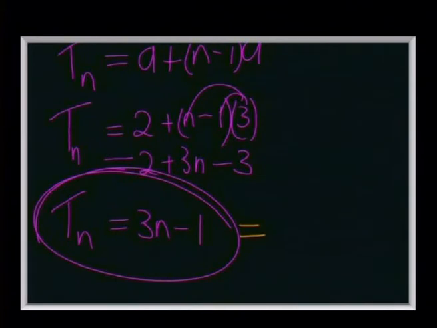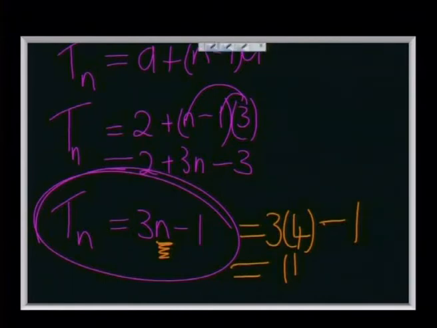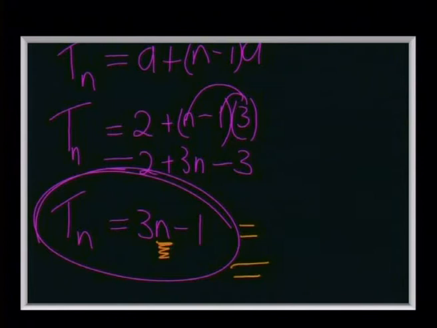And you don't really need to do the calculation. You can just check this manually. So n is now replaced with 4 because I'm calculating the 4th term. 12 minus 1, yes, that gives me 11. My formula works, so I can relax and I can carry on and actually answer the question that they asked me. And the question asked us to calculate the 1,000th term. And that is going to be 3 times 1,000 subtract 1, and we don't need a calculator for that one,